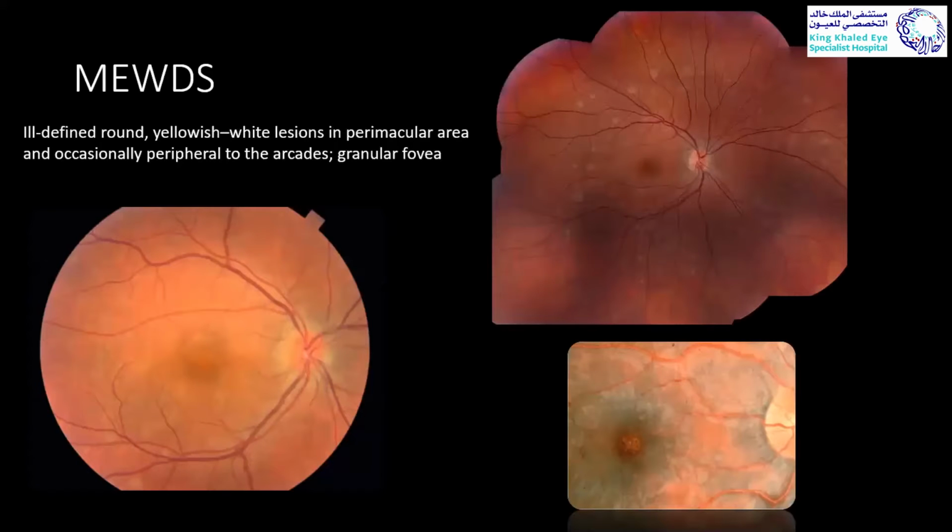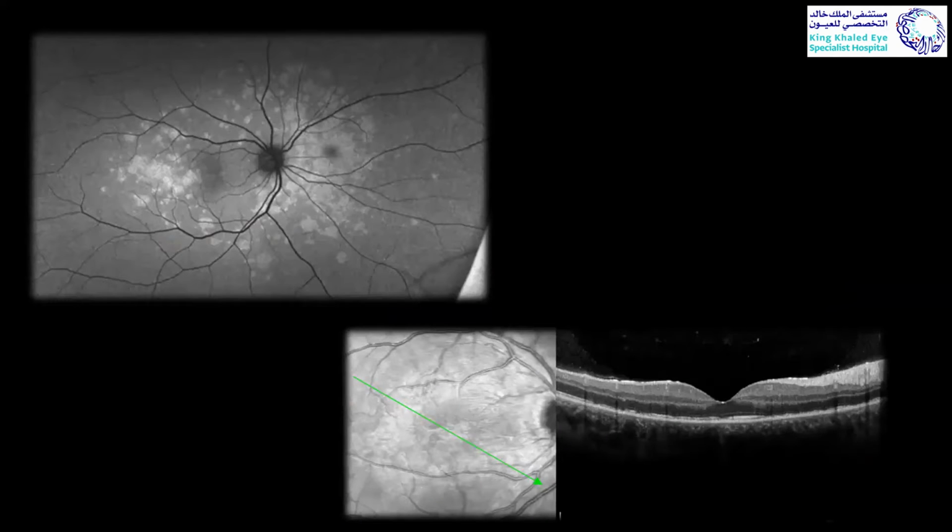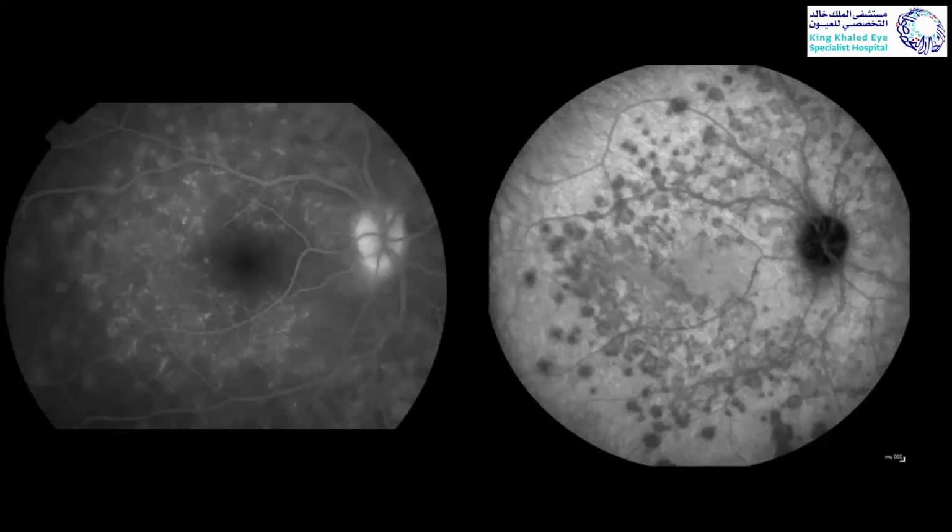Clinically, you will see these lesions as ill-defined, round, yellowish lesions in the perimacular area and occasionally peripheral to the arcades. Commonly, when you examine the fovea, you will see this foveal granularity. Autofluorescence is very characteristic, and you will see areas of hyper-autofluorescence, which correspond to the area of photoreceptor loss in the OCT. And if you do FFA and ICG, you will see a very characteristic